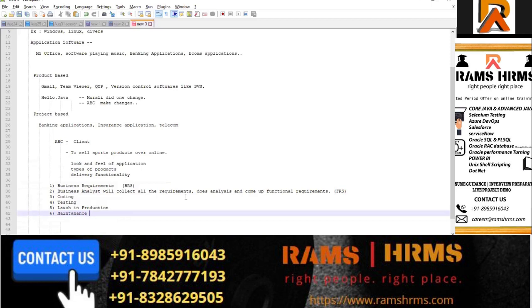Okay, so this is the typical life cycle of how the requirements come and how they are converted into an actual application. These are all called the software development life cycle. People very frequently use this term, SDLC. This is a kind of process, because without process,